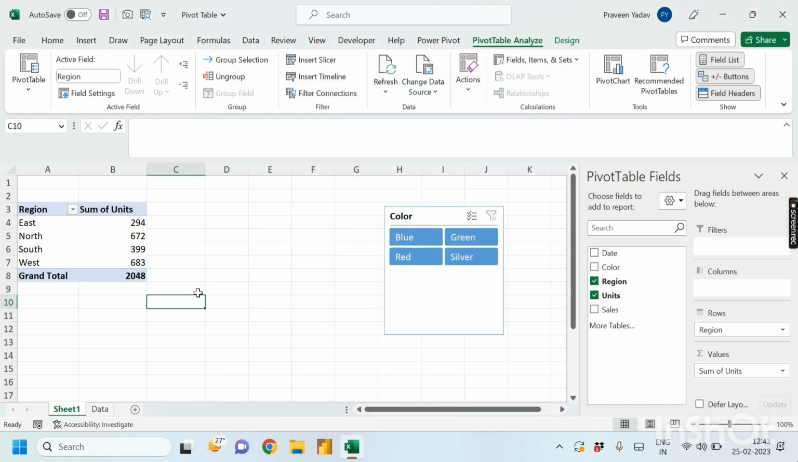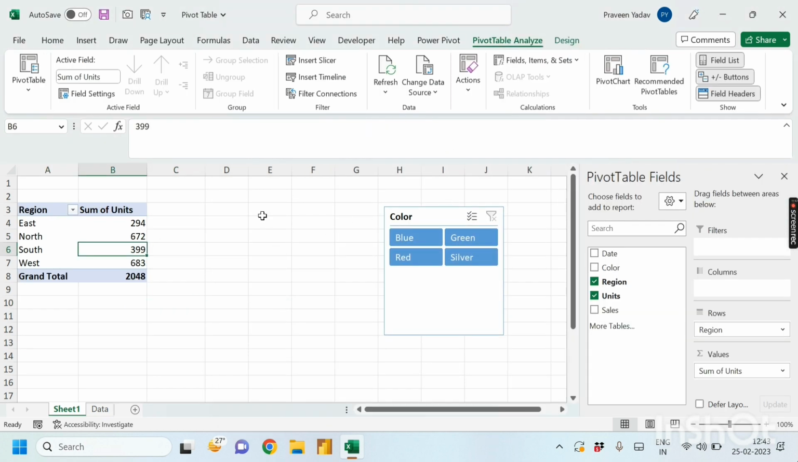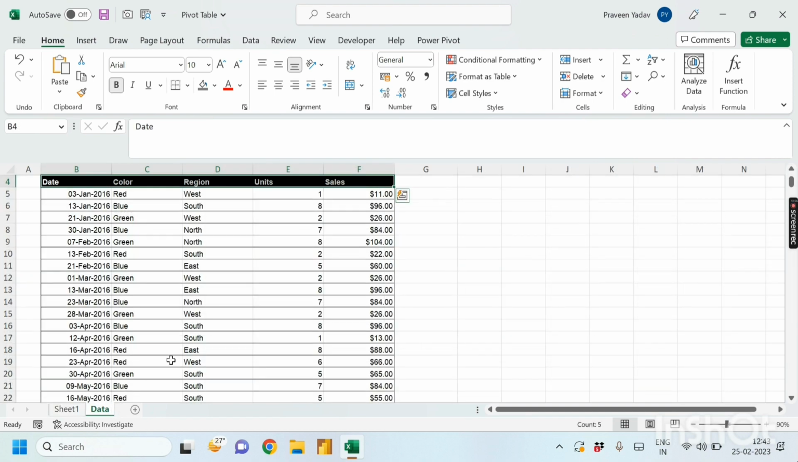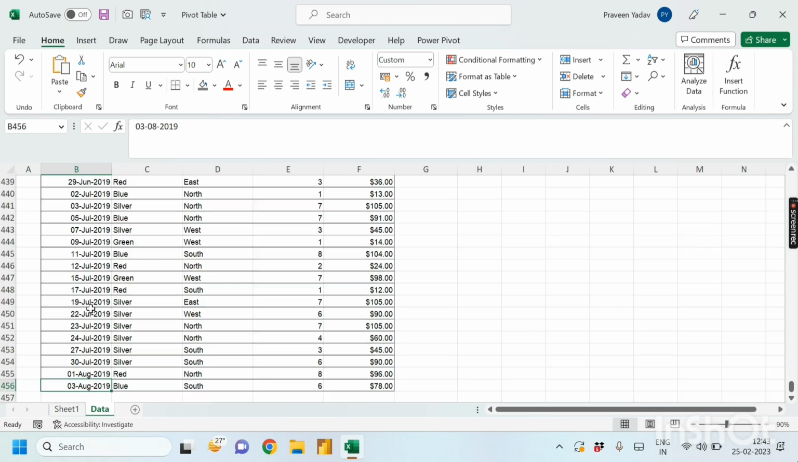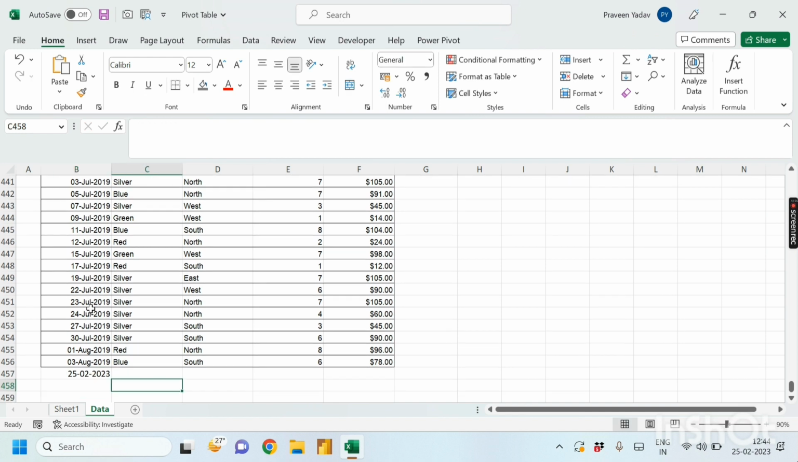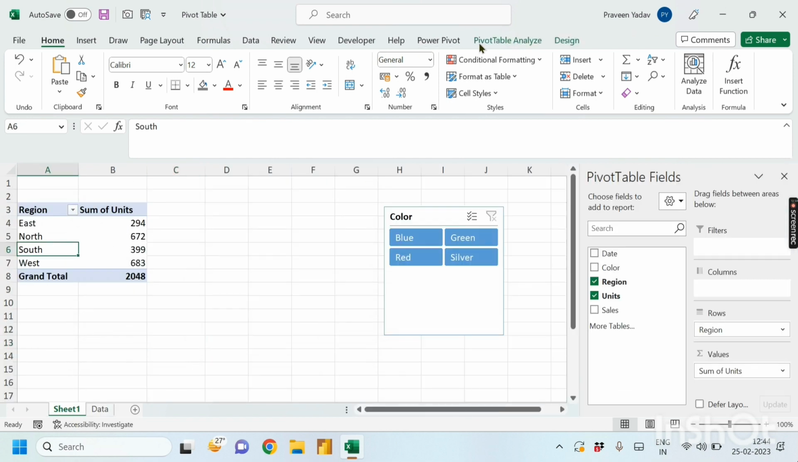Okay, and another thing is that it's always suggested that whenever you are creating a pivot table using a data set, just before that convert it into a table to make it dynamic, because whenever I add data below here, it won't show. Let me give an example. Let's create a new color, pink, for west region. Let's say 10 units for $100. Okay, now even if I go and refresh,